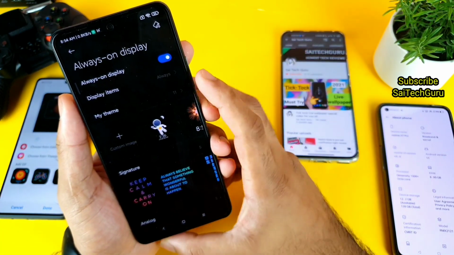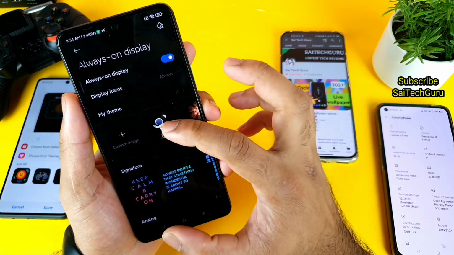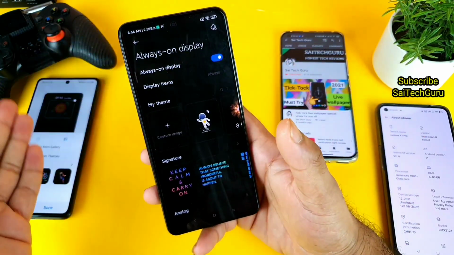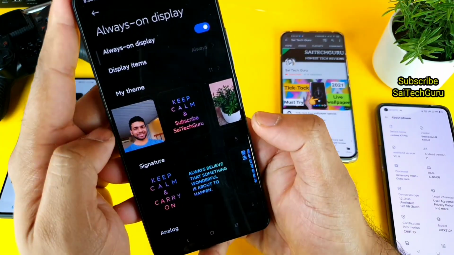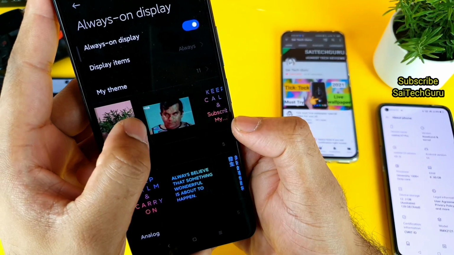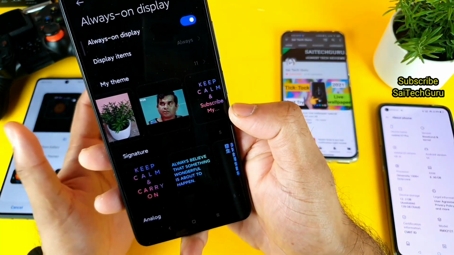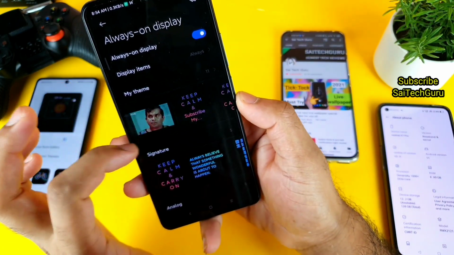And next let's see what the themes are. Here you can add your own custom theme. Custom theme means you can add your own custom image. Same as in the Samsung UI, you can add your own images, similarly like this, which I have added, as you can see here friends. And you can even add GIF images as well, which is also working absolutely fine. So not only in Samsung, you can add GIF images in this phone as well.